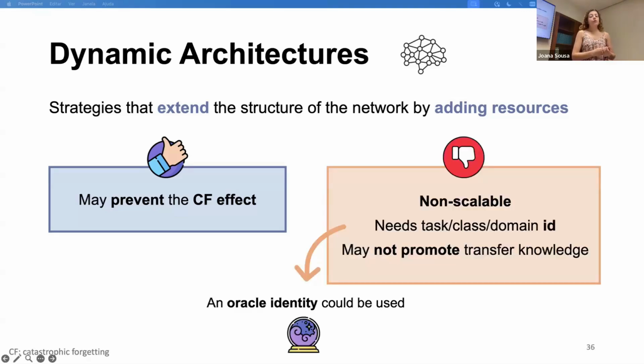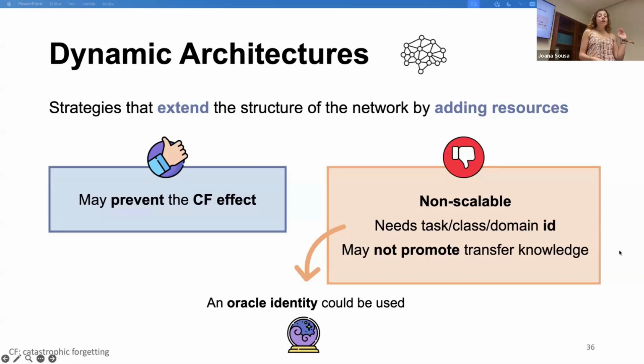But on the other hand, we could also have non-scalability if we are expanding the network indefinitely. Apart from that, if we are assigning specific resources of the network to specific classes or domains, we will need an identifier. For that, we could use an Oracle identity, but that will also need to be continually trained.